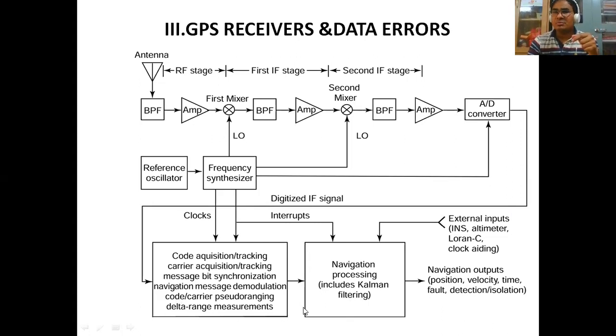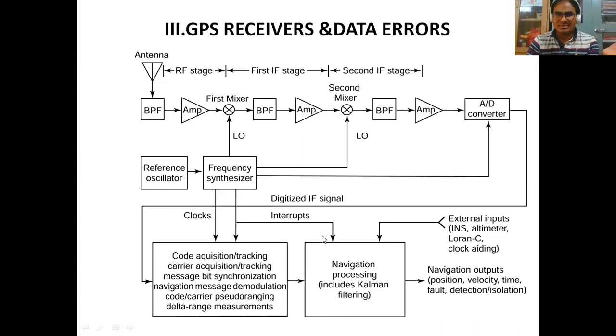So these two units are the post-processing units, which will take the inputs of the frequency synthesizer, and if there are any interrupts, those will also be given as inputs, because when the process is going on, some emergency service may come, that may be called an interrupt. So keeping these in mind, it has to do some major tasks.